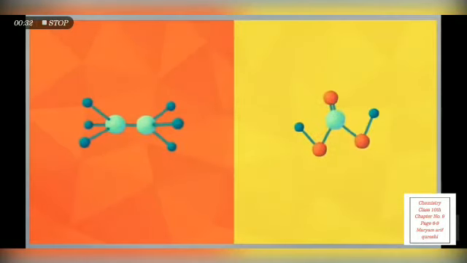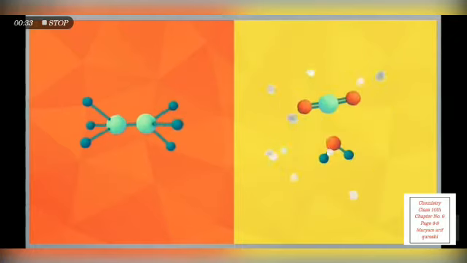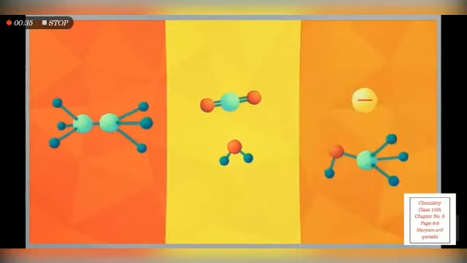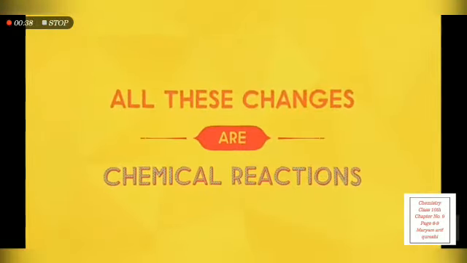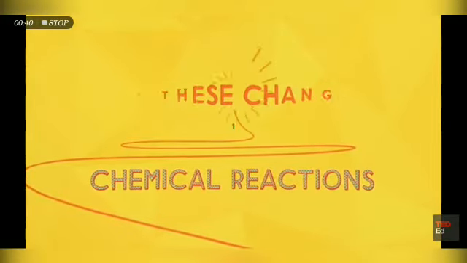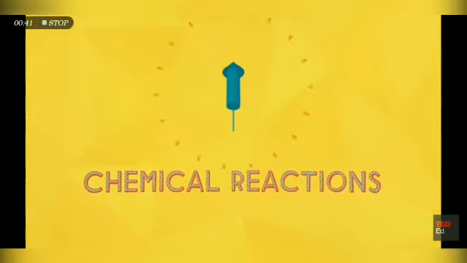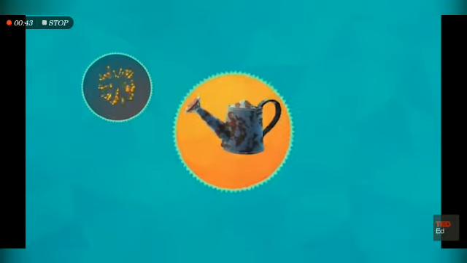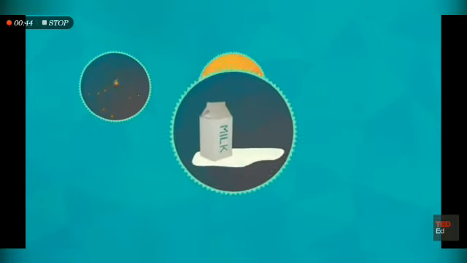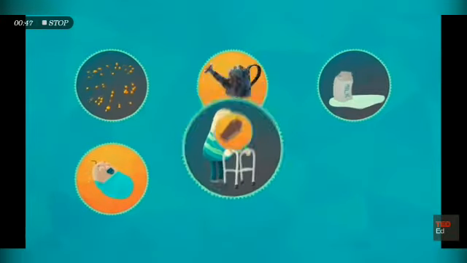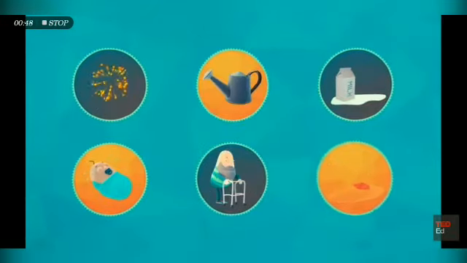You already know about the formation and breaking of bonds between two elements. And when this formation or breaking of bonds happen between the two elements, the chemical reaction occur. All these changes are chemical reactions, and you can see these reactions happening around. For example, explosion of a firework, rusting of a metal, the chemical reaction when the milk goes bad, from the birth of people to when they grow old, when they die, and then they decompose.